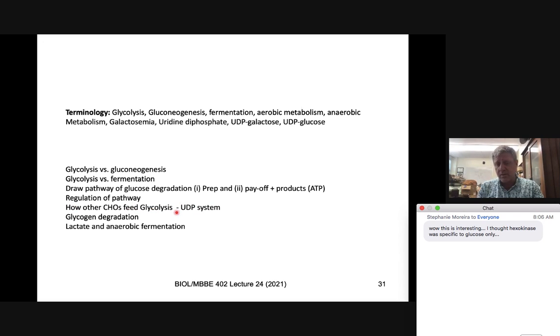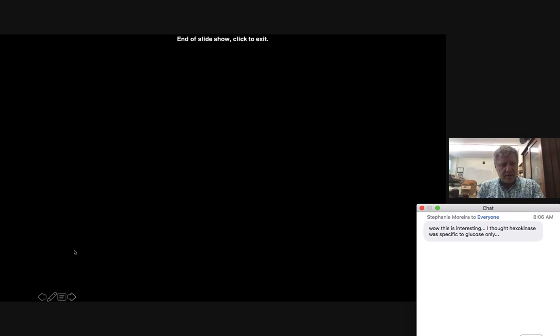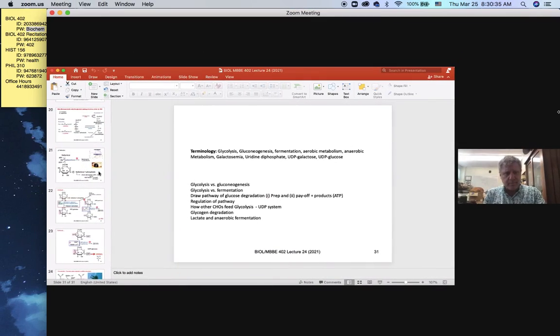the UDP systems that combat the concentration of galactose 1-phosphate and how we can metabolize galactose, and the difference between lactic acid formation in aerobic and anaerobic environments and fermentation, but also the process of where we are ultimately going to be getting our carbohydrates from our glycogen storage system. We're going to talk a little later on about glycogen storage and production of glycogen in regards to accessing that as an energy store. So let's have a look at our next lecture slides in regards to